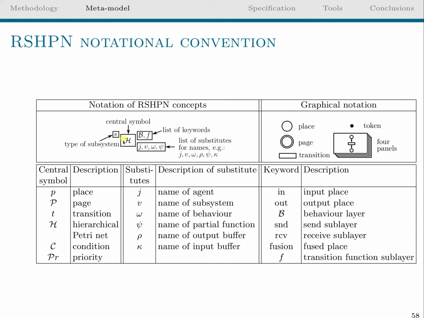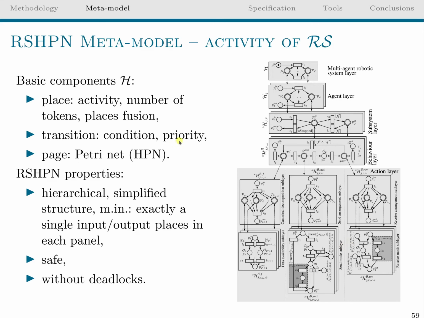The base idea is that we have central symbols here: places, pages, transitions, hierarchical Petri nets, conditions, priorities. We have a list of different names. So J defines the name of agent, V the name of subsystem, W the name of behavior, and so on. And the list of keywords on the top right-hand side defines different layers. I have introduced within my research hierarchical Petri nets, which are in fact 6-layered Petri nets. There are 6 layers, and